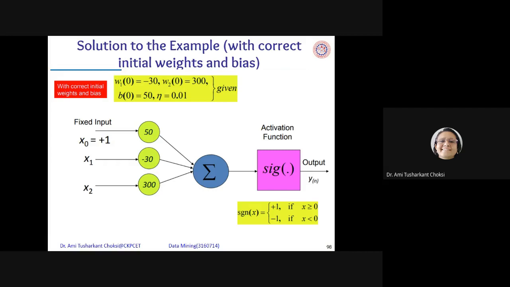You can see the figure and understand it very easily. Fine. So x0 is a fixed input, so you can say it is the bias. Yes or no? Yes. So if it is 1 and we want to provide the bias as, say, 50, as in the problem, we have to provide the weight as 50. Okay, so now you know the things.